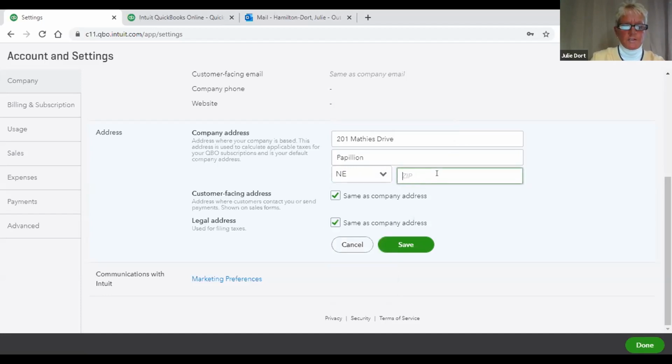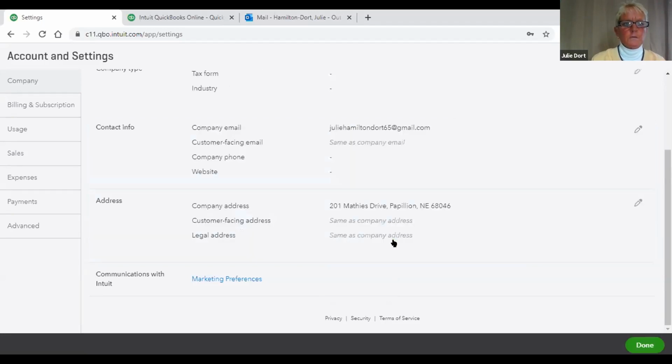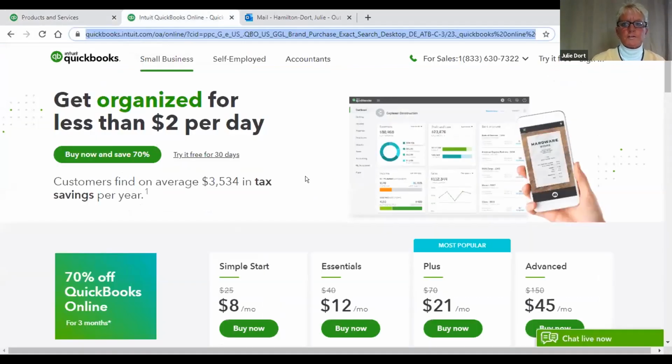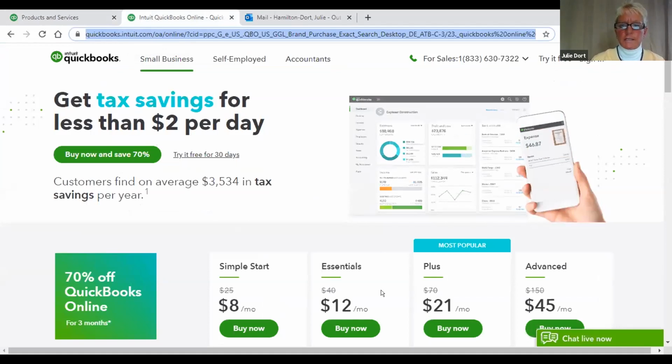So you can very easily go into the different account settings and make adjustments as needed. Once you've done that, you're going to want to go ahead and click on Save. It will save those settings, and we can click on the back arrow, and it will take me back to my dashboard. I'm going to flip over here to another screen. We just shared a link with you,